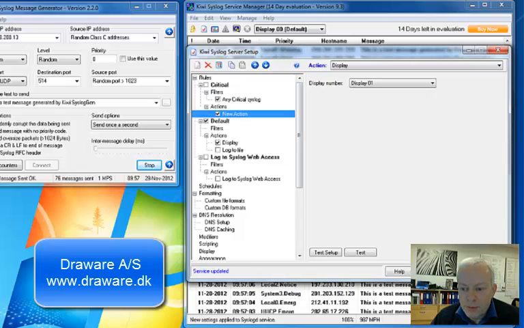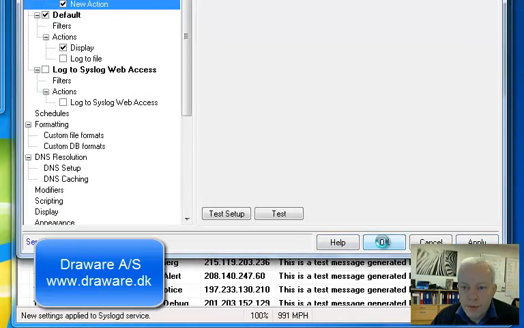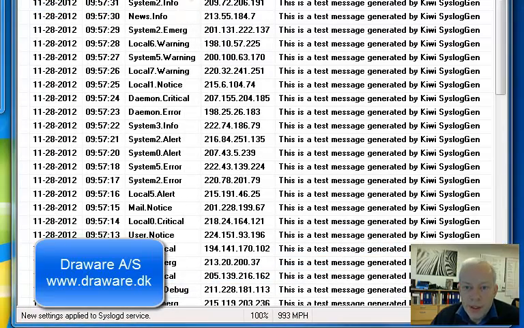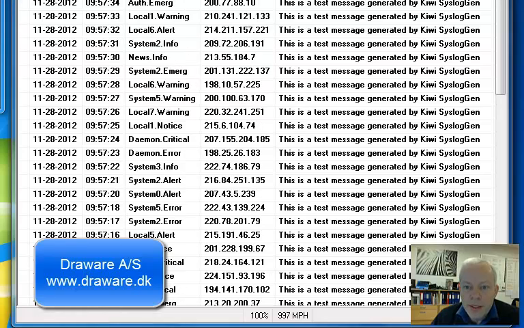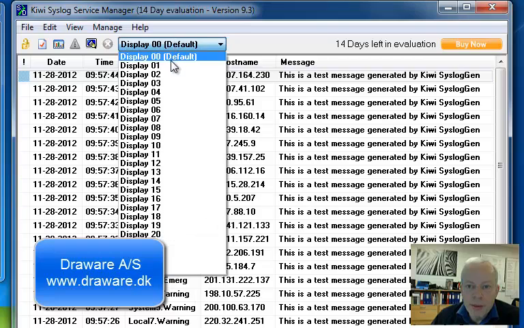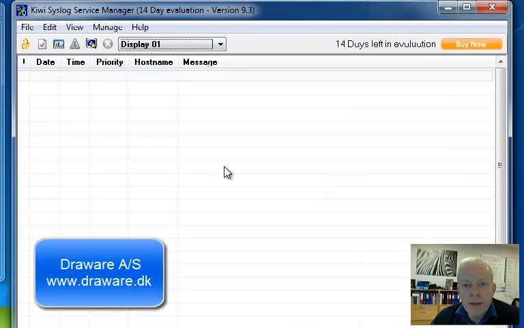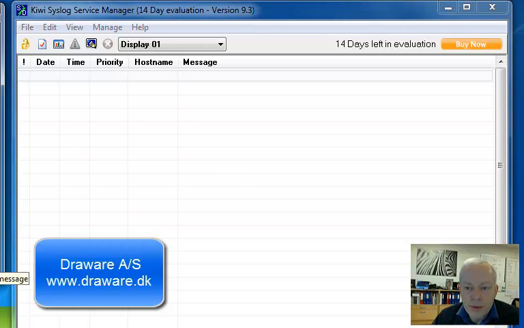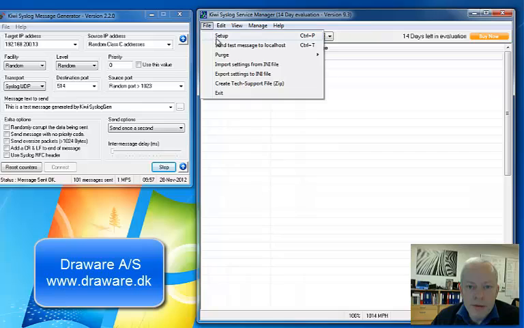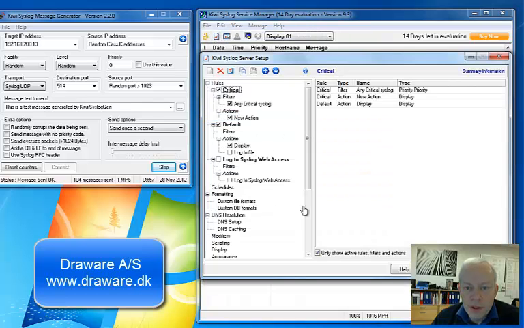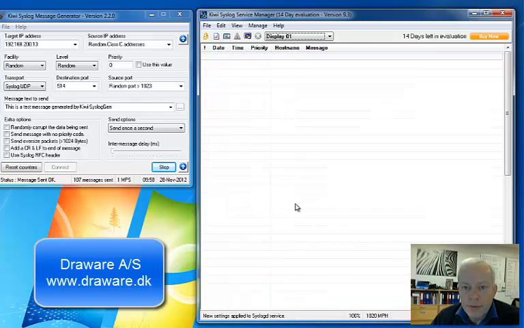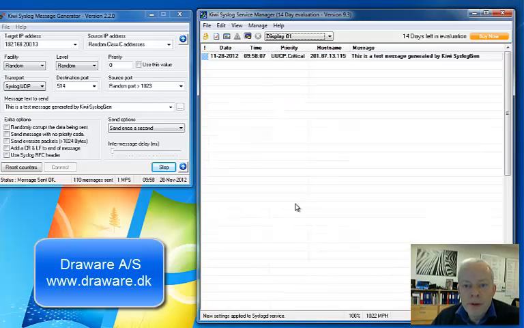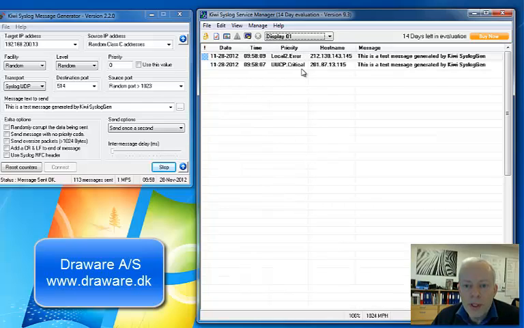I'm going to apply those and click OK, and what you'll notice is in bucket number 0 I still have all the messages flowing in, but in bucket 01 I will only get messages that are of the type critical and error. Let's see, I need to of course turn the total rule on like that. So now in this bucket 01 I will only get messages that are of the type error and critical,